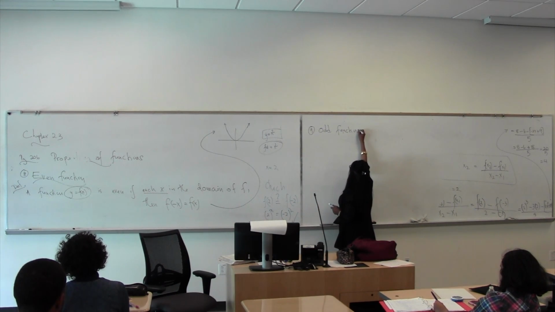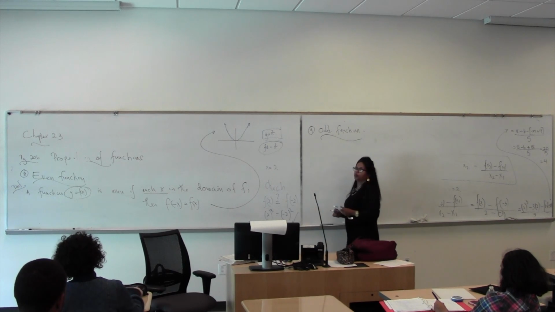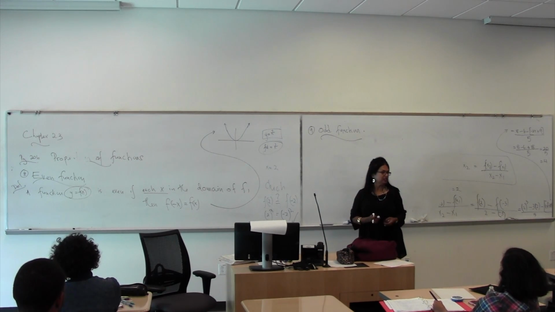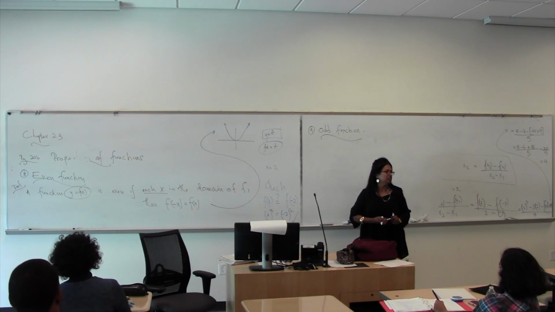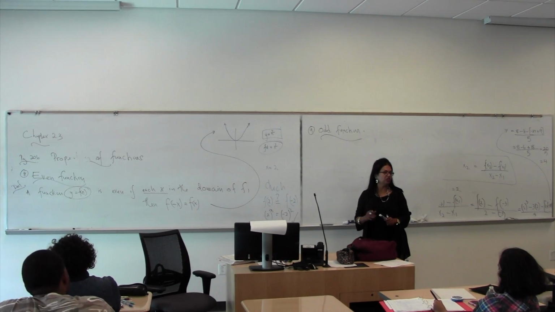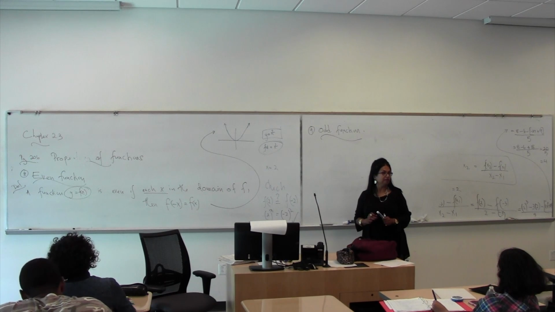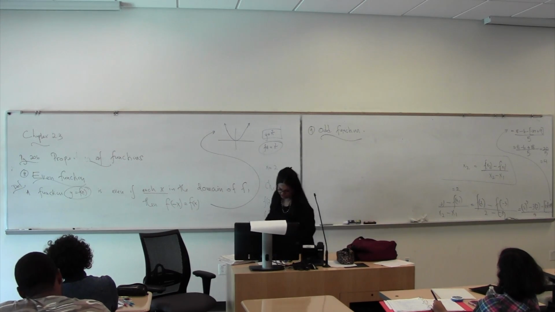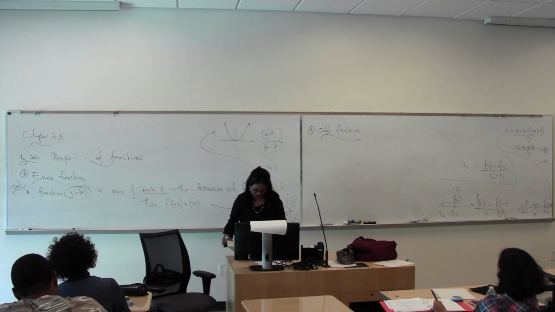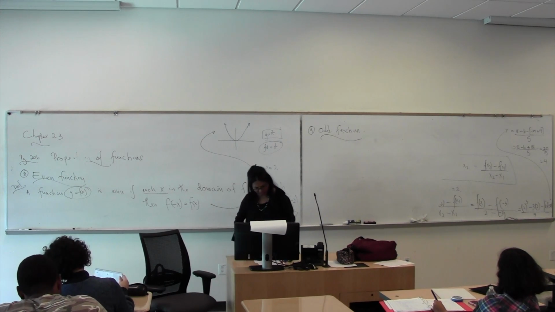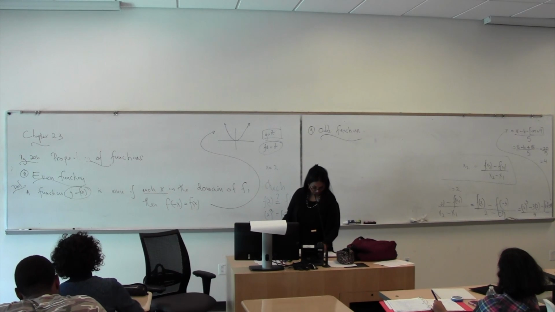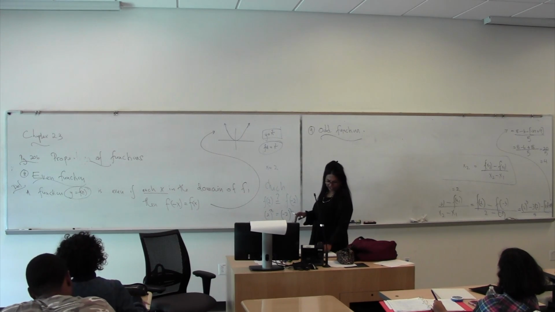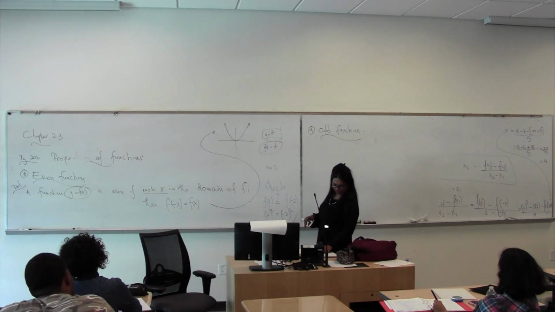This is the next property of the function. So we have a lot of things to check on a function now, not just domain and range. Okay? So odd function. What does the definition say? A function y is equal to f of x, or you can say function f of x, is odd if for each x in the domain of f,